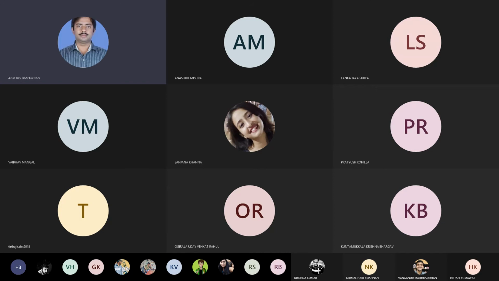Some evaluation is still remaining, so after completing the evaluation, I will enable students to see it in CodeTantra. By tomorrow you can see.